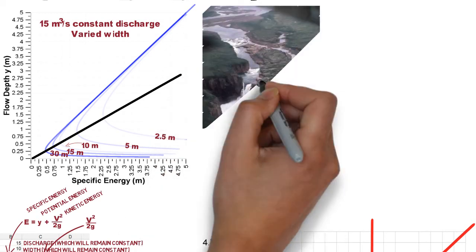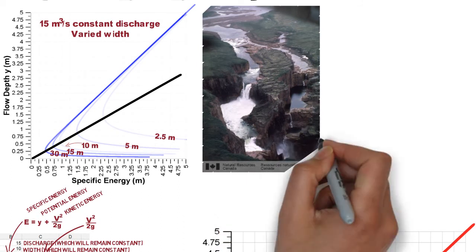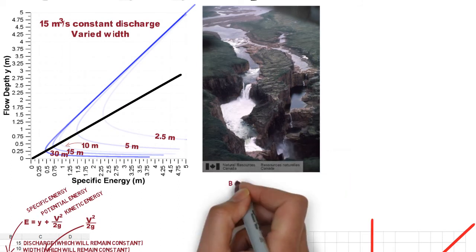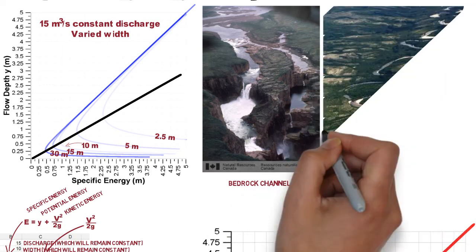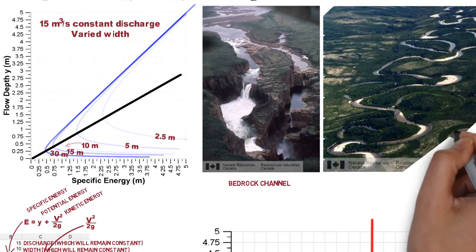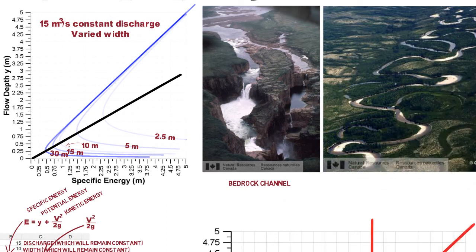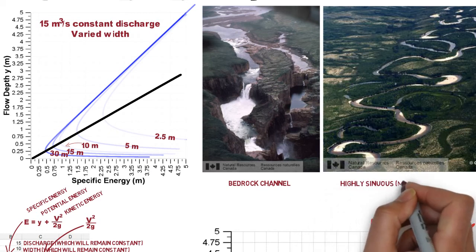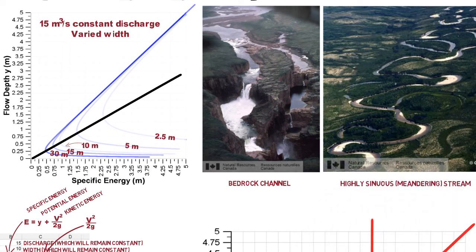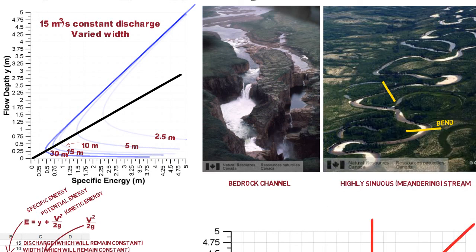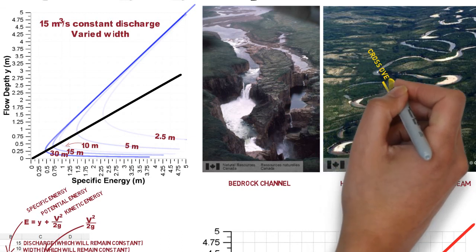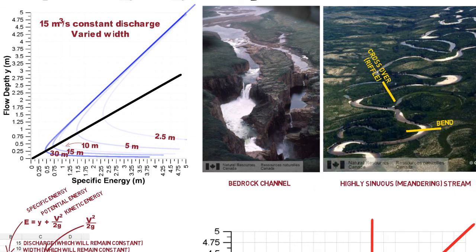Where would this condition occur in the field? Well, these are very unique and difficult locations to identify, but they can occur in bedrock channels where we can have radically large variations in channel width, although the depths vary radically as well. Where this more commonly occurs is when we identify meandering channels in the field on relatively sinuous channels, where we can identify the width on the bend compared to the width on the crossover or the riffles of a channel. They will vary, at least on the bends, by 30 to 50% larger than what we typically identify on the